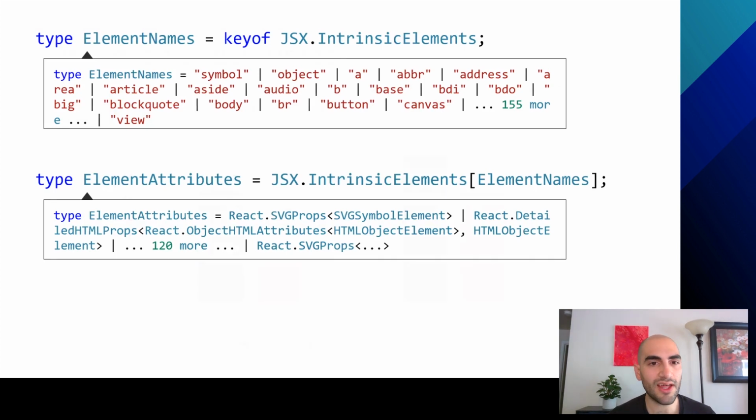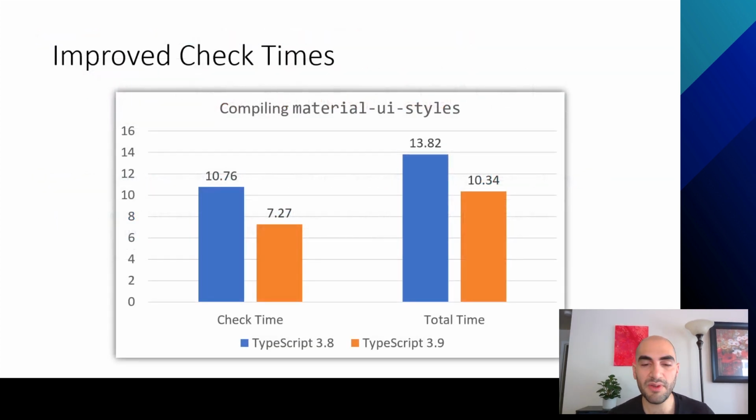So, we're doing a lot of work to be more efficient about these things. A good stress tester of this is Material UI, which isn't a huge project, but they have this directory called Material UI styles, which takes almost 11 seconds to compile, based on type checking time alone. And we were able to get that under 7.5 seconds or so, which is a pretty nice improvement overall, right? That's real compilation time that, as you have a bigger project that uses more and more of these types,